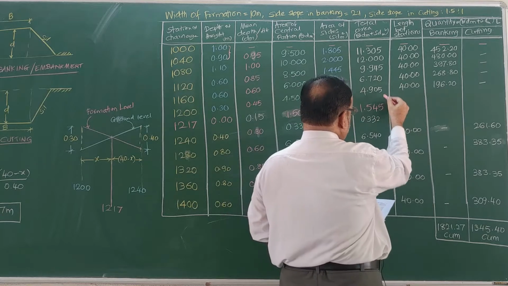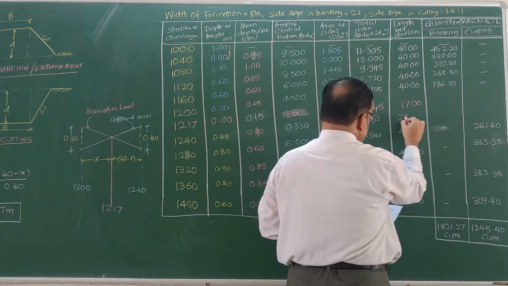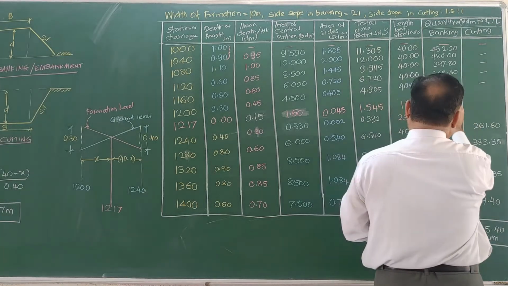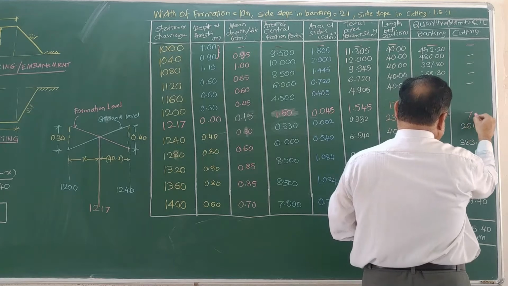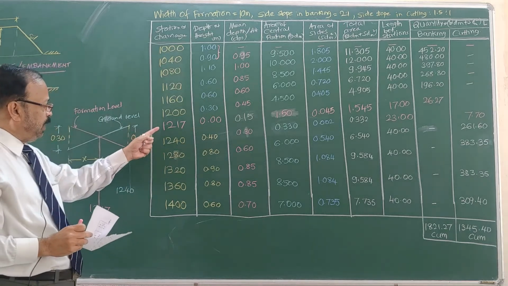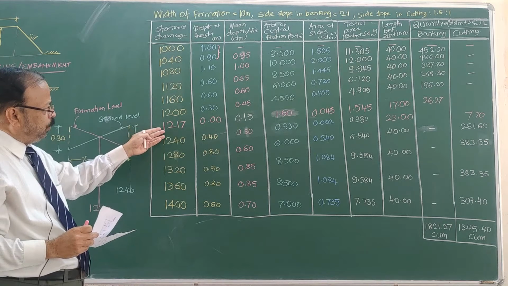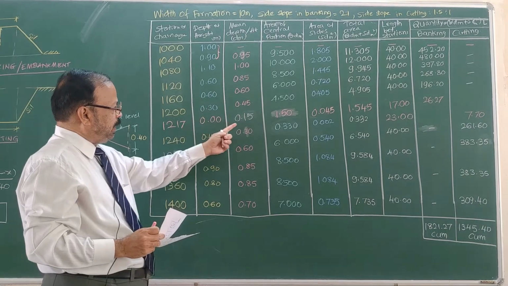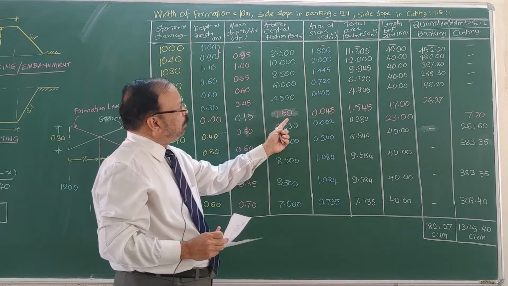So the distance between this and this is 17 meters, and the distance between this and this is 23 meters. So the quantity will be, here it is 26.27 and here it is 7.7. So like this you have to make it. So at a particular chainage where the ground meets the formation level, you have to introduce this one line where the depth or height is 0, then the average of these two is taken as 0.15 multiplied by 10 meters, it is 1.5. And yes, it is squared.